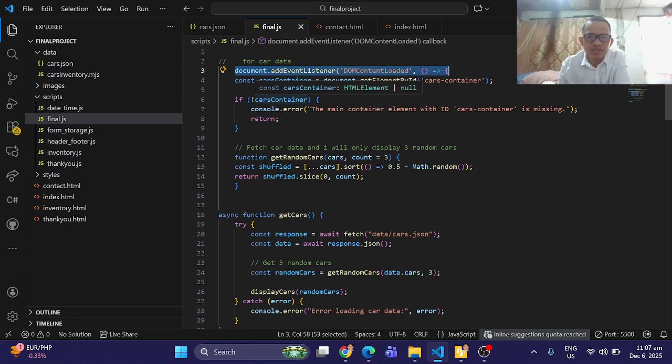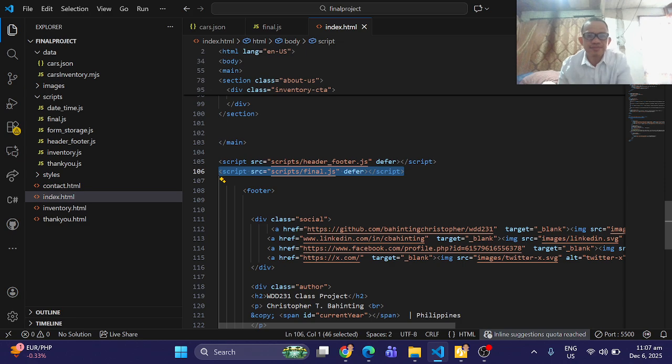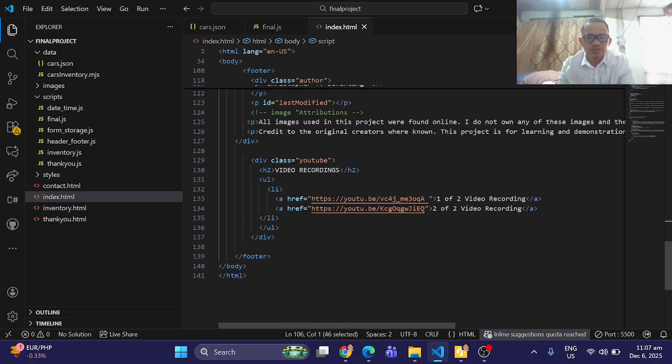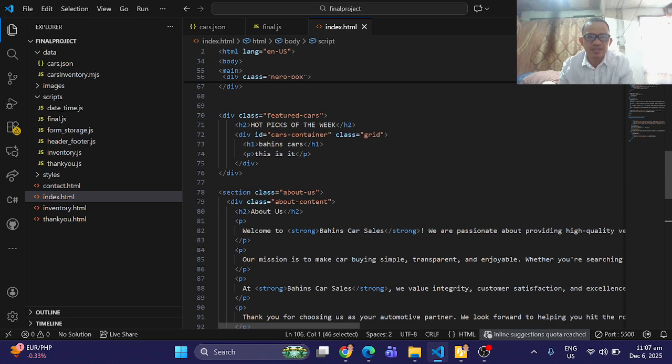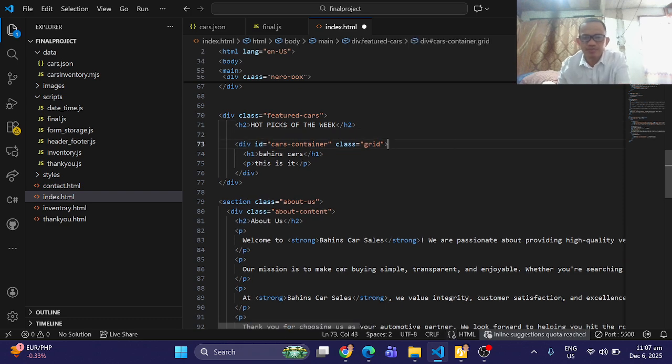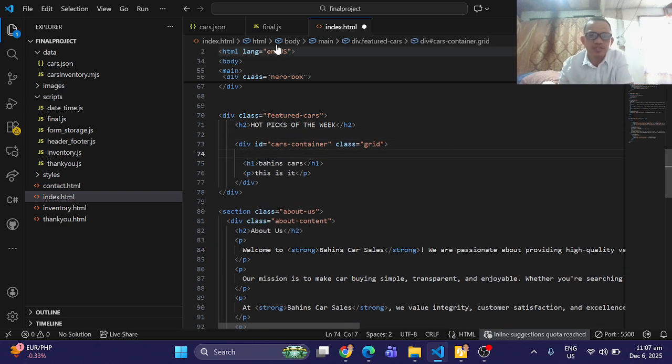Now we are using the cars container, and we are getting the cars container ID from the index HTML and targeting that. Where is that? This one.